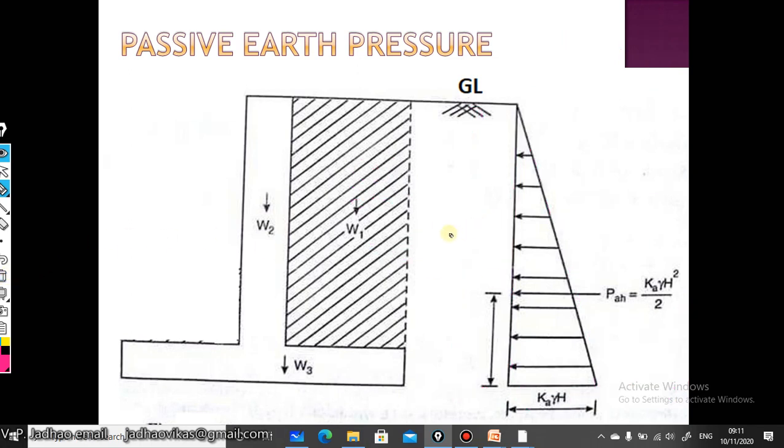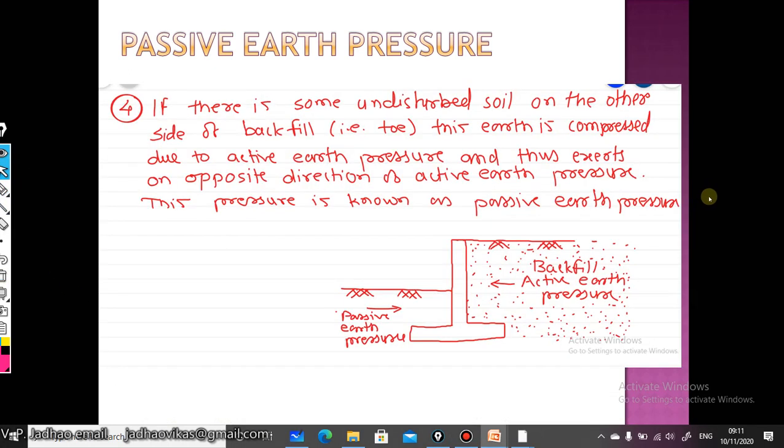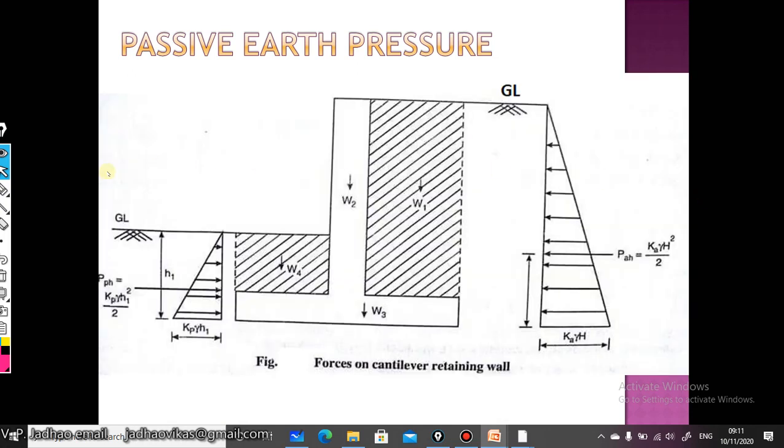So the pressure which will be acting from the backfill material or soil which we are retaining is called active earth pressure, whereas you can see in this particular figure, some soil material is also provided on the left hand side of this retaining wall. This may be because the retaining wall is provided some depth in the ground for foundation purpose, so some pressure will be acting from the left hand side of this retaining wall on the stem.